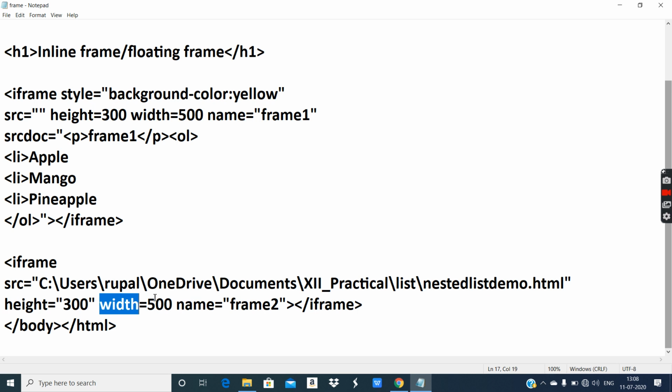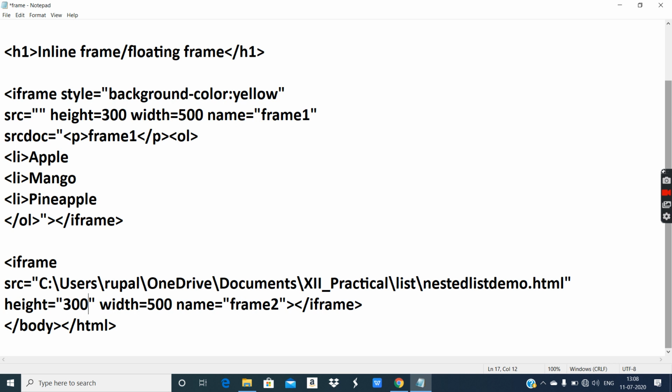Okay, pixel and percentage values can both be given. If you're giving a percentage value, it is available between 1 to 100, you know already. For percentage values you have to provide the percentage symbol also, for example 30% in this manner. For giving pixel values and numbers, there is no need of putting any symbol, but for percentage values you have to provide a symbol. Since you are using a symbol with numbers, it's better you enclose them in double quotes.